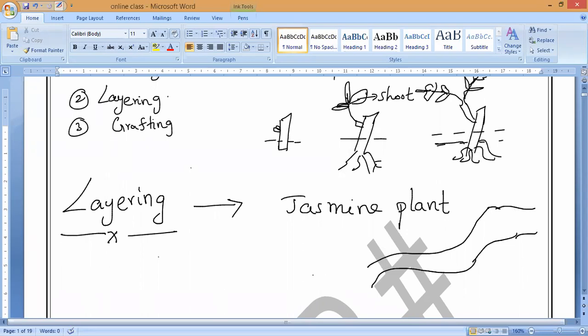They spread on the ground or on some support. So in this layering method, with plants like jasmine, what we have to do, for example, I will show you the picture. This is one of the branches, creepers we can say, very good. For all these creepers, we just pull one branch, like for example, I will show you.